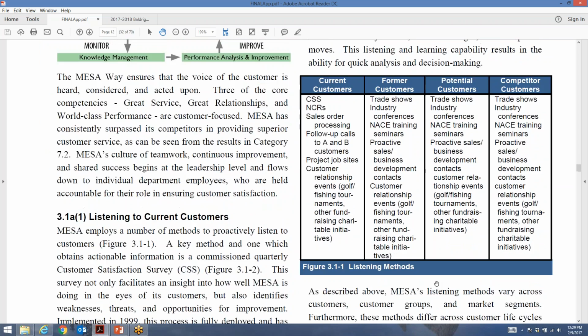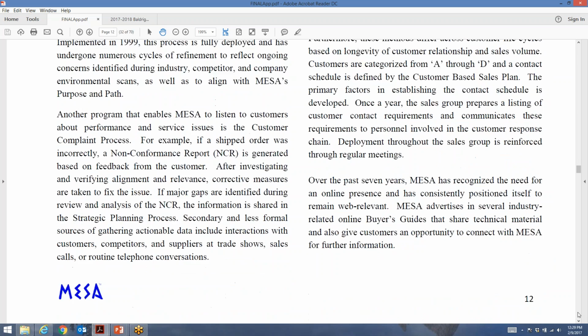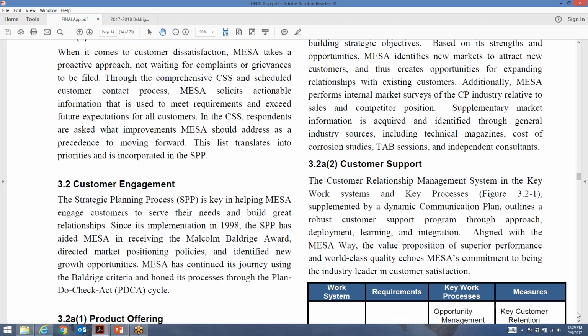Continuing on, category 3, voice of the customer listening methods. You probably have several of those, and I think you want to demonstrate that you do have several of those. A lot of times surveys are the primary way you do it. Nothing wrong with that, but listen, you're probably out around your customers quite a bit, so just include all of those. It's going to ask about current customers, former customers, potential customers, competitor customers. Just give yourself a table for that and list the ways that you do that. Kind of hard to argue with that if you've got those in a table. So voice of the customer listening methods, a table I would suggest.